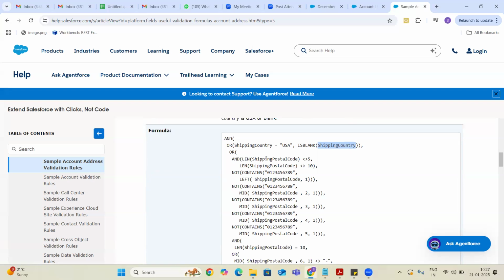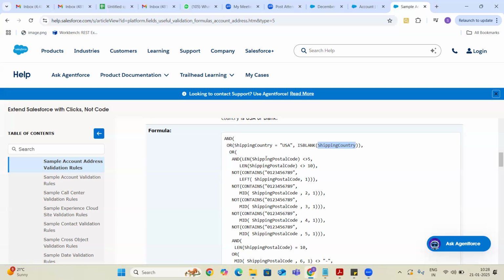As per our requirement, the length of the shipping postal code should be 5 or it should be 10, right? If it's not equal to 5 or if it's not equal to 10, then that is the case where we need to write the validation rule.